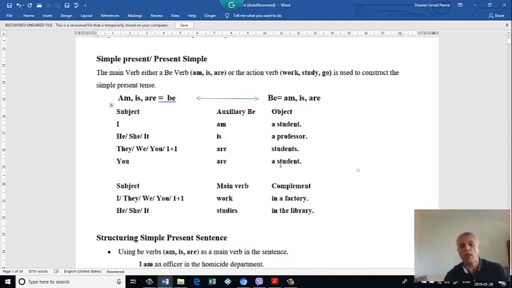But here is the difference, how are we going to distinguish between you as a group or you as we are speaking to an individual? We look at the object. If the object is plural, then we know this you we're talking about is a group. But if the object is singular, then we know this you is talking about one person. Okay, the second